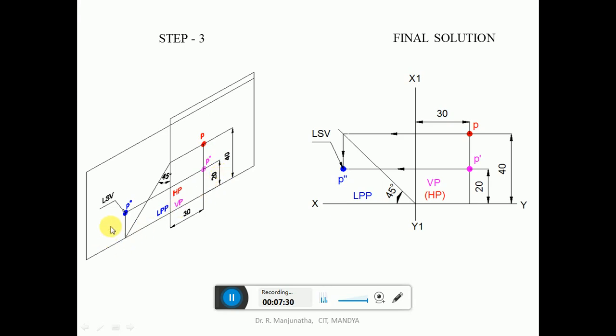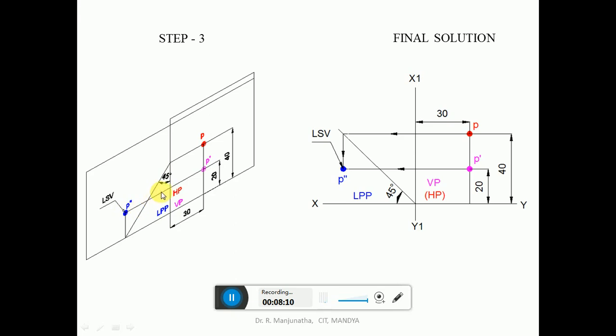Then when you look from the left side view, we can see the distances of both the front view as well as the top view. The distance above HP is vertical, so draw a horizontal projector from P dash to the profile view, which will be the distance above HP. The distance behind VP, which is seen in HP, is the vertical distance in the top view. You just project it here till the end of the horizontal plane, so this is going to be the vertical distance. But the distance behind VP in the profile view is going to become the horizontal distance now.